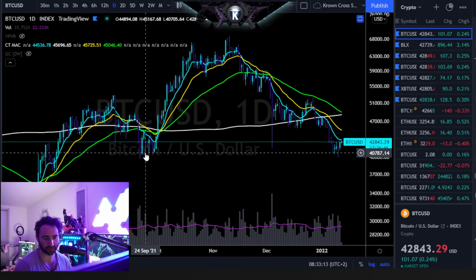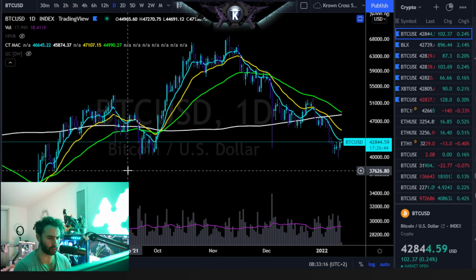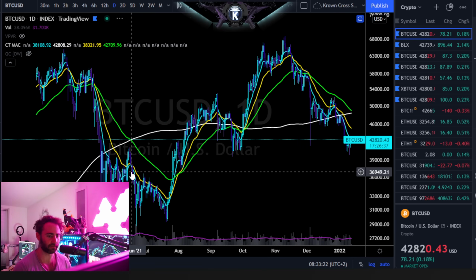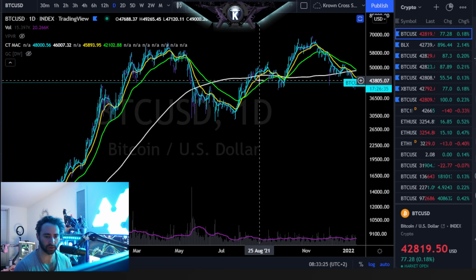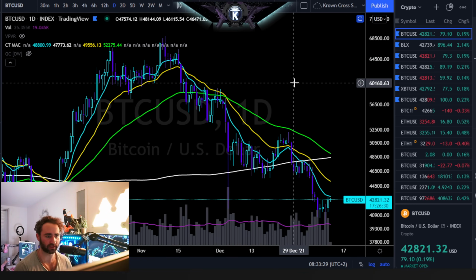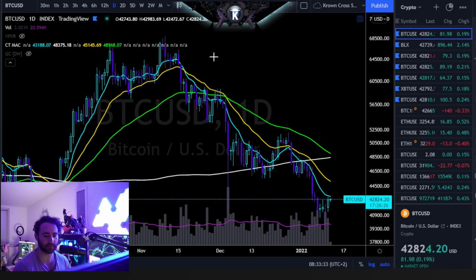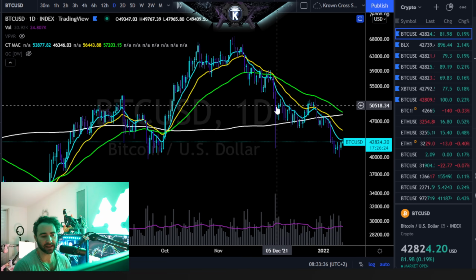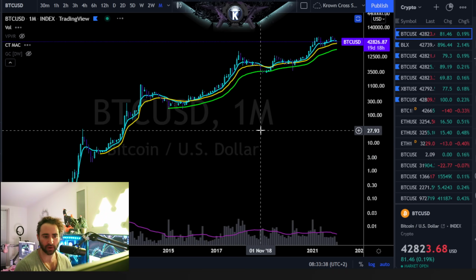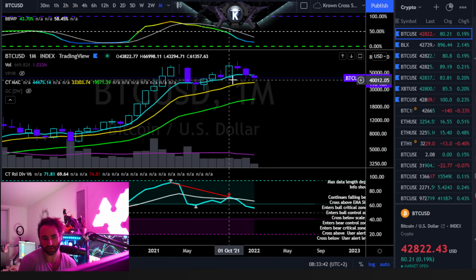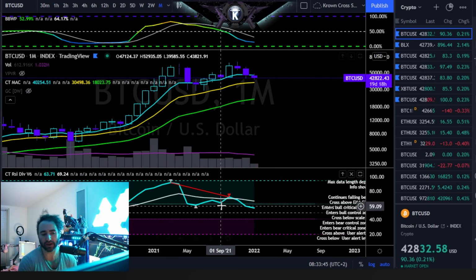If Bitcoin really starts to close below the 37,500ish lows right here, at that point we're very likely going for the full retrace of the summer and early Q4 2021 rally. But for right now, I do think there's still a little bit of hopium. Please understand where all these things get validated and invalidated, and the time frame that comes with that. And on the greater scale, it does still align with being one macro consolidation.